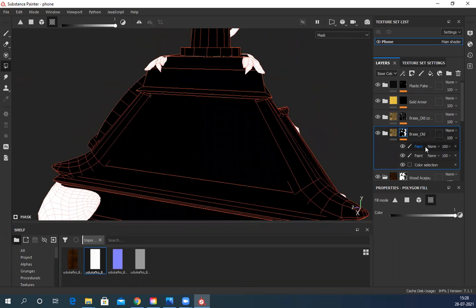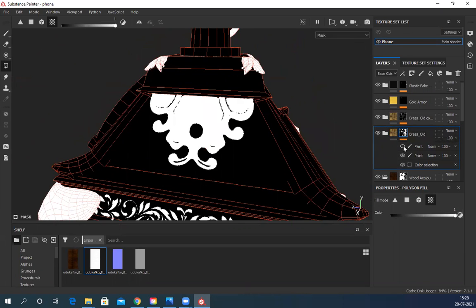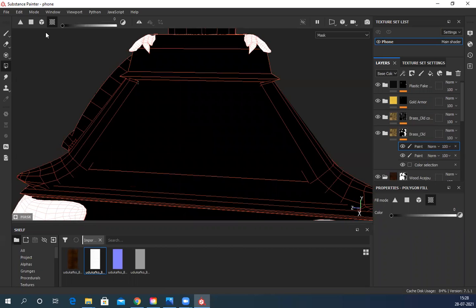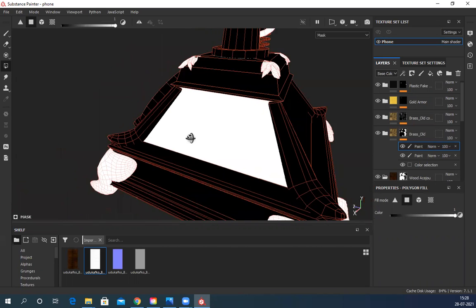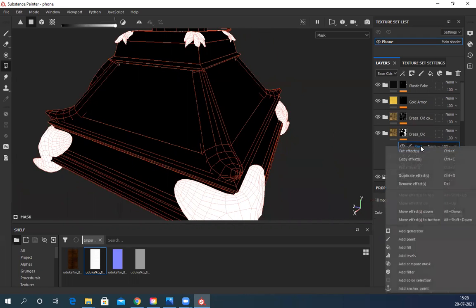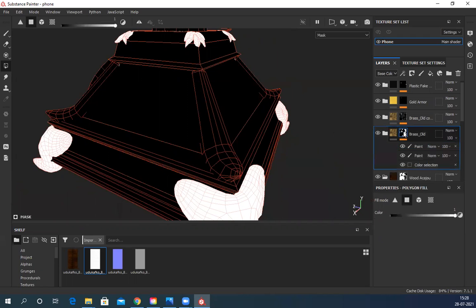Okay, that part is missing, so I need to fix it. Okay, so I messed it up. So black polygon. That means I have to fix it, so I need to add one more. Where is my one more color selection?